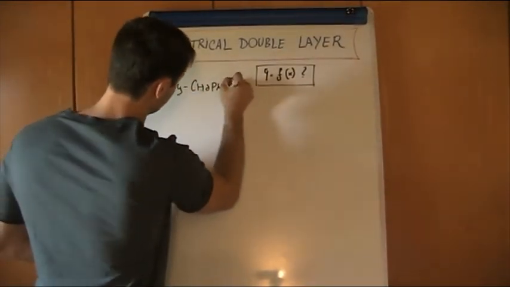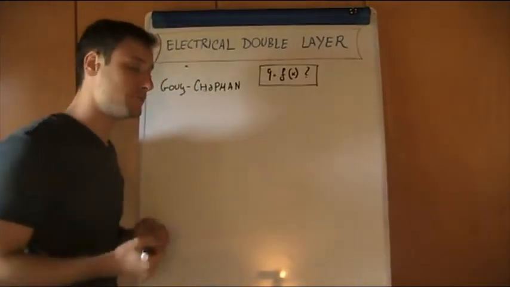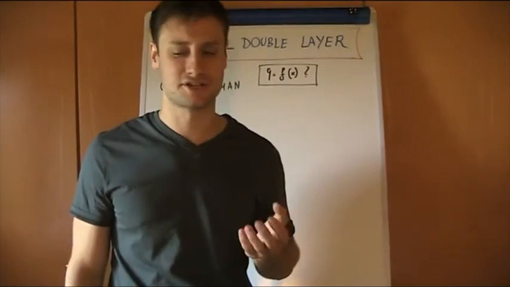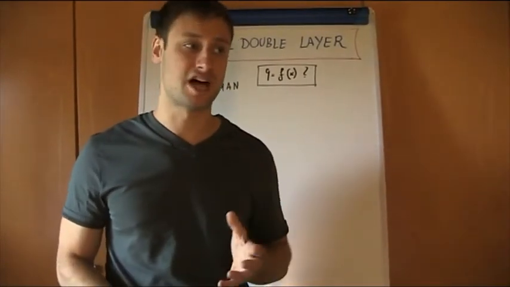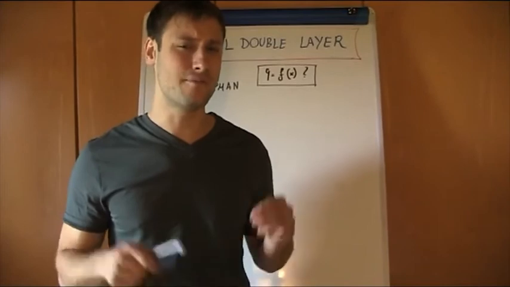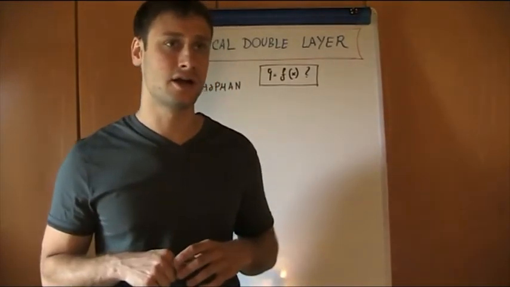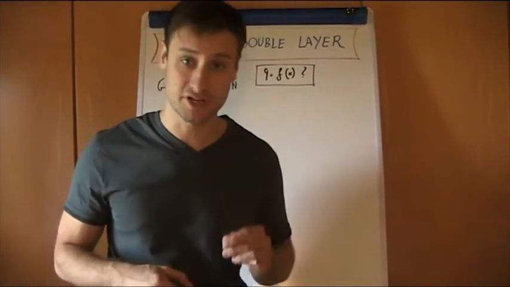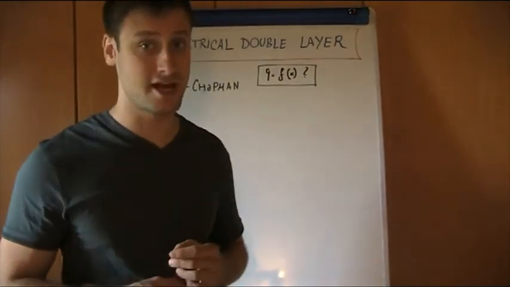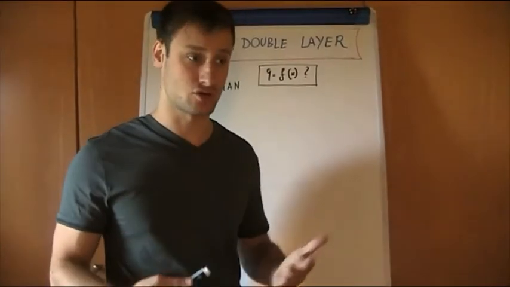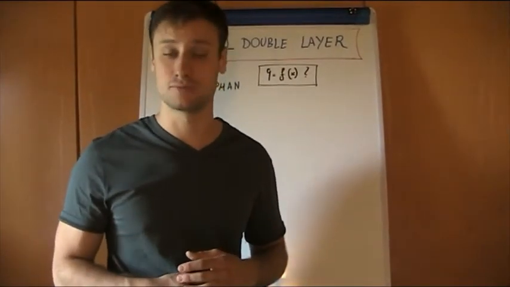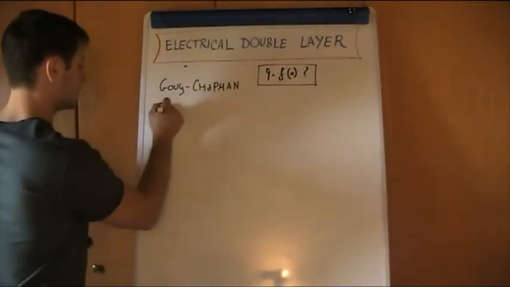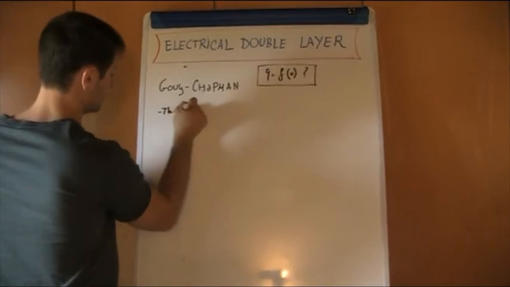So the Gouy-Chapman model is a smarter type of model that allows us, with more precise boundary conditions, to have a clearer idea of in which way the electrical double layer is created. In particular, in this case, the assumption that is present in addition with respect to the Helmholtz model is that we are considering also the thermal motion